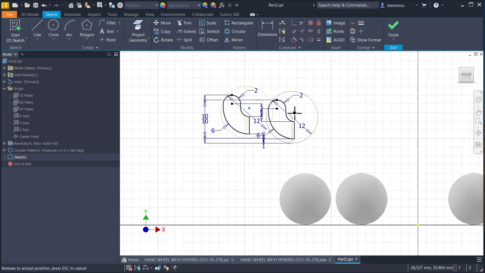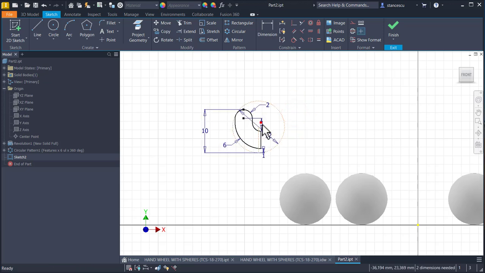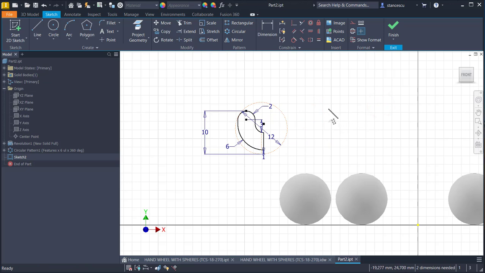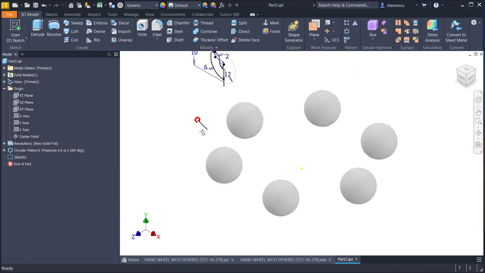It goes anywhere without deformations or other problems. Yes? We'll use this sketch twice. Finish sketch, and now I use that